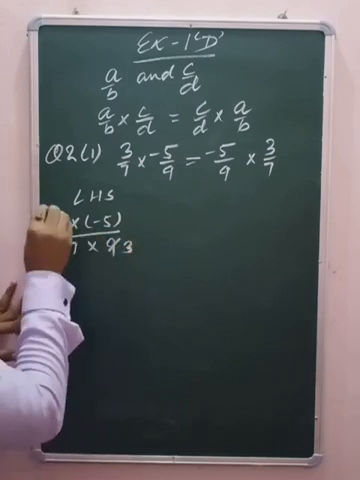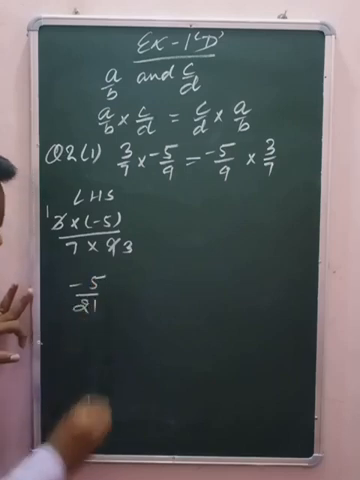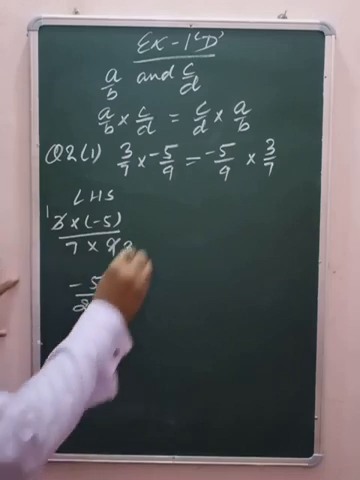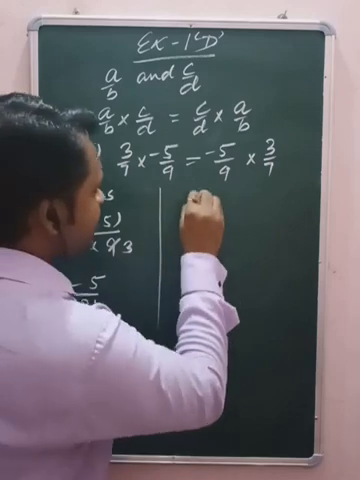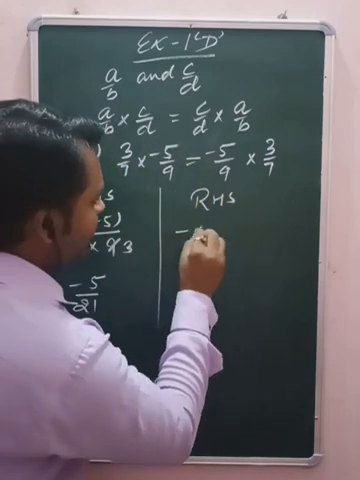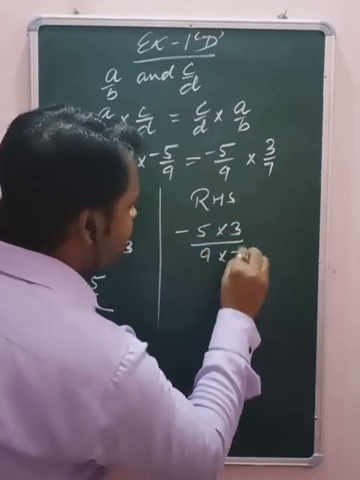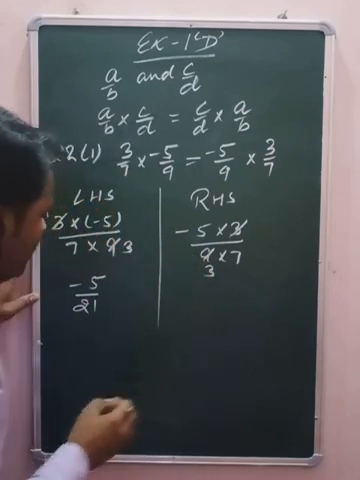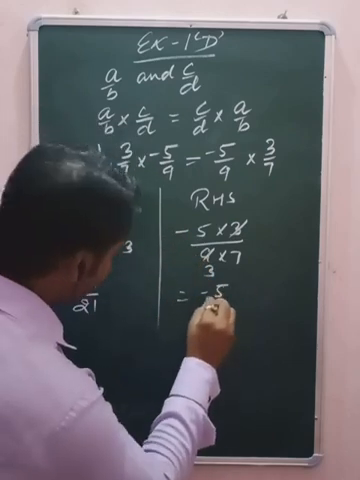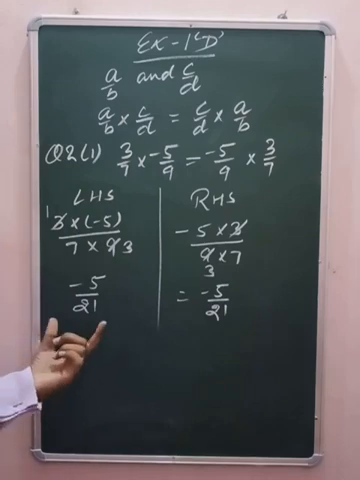So we will get minus 5 by 21. Now solving the other part, that is RHS. Here we can write minus 5 into 3 by 9 into 7. 3 3s are 9. So here we get minus 5 by 21. You can see here that LHS is equal to